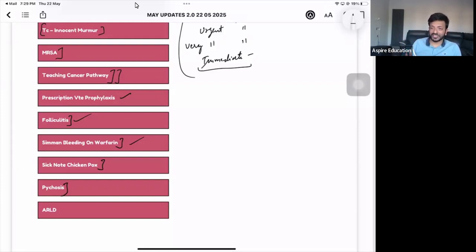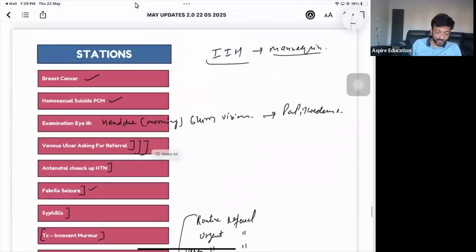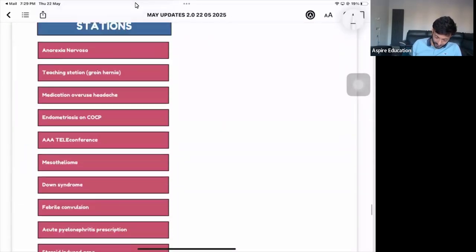No, it's not schizophrenia. For making the diagnosis of schizophrenia, the patient should have the symptoms for at least 6 months. Our patient is giving the symptoms for 2 months only. How can you say it's schizophrenia? It's not, it's psychosis. Okay. And then we have got alcohol-related liver disease as well. In this station, they might be expecting you to do an abdominal examination, where you will get what? Maybe abdominal distension. What else might you get? You might get hepatomegaly as well. So that was yesterday, 21st.